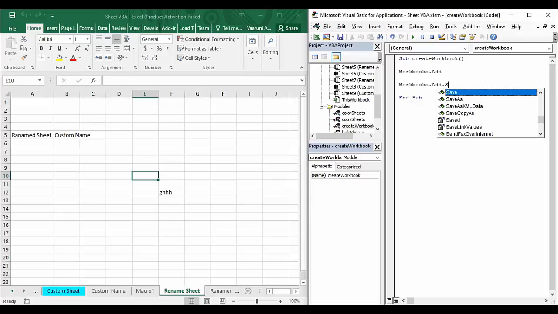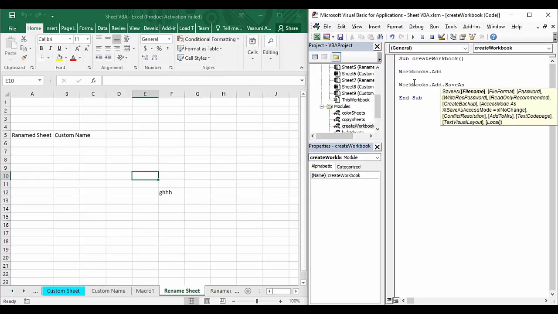So let's use the SaveAs option. SaveAs is what we are going to use, not the Save option. Then you need to put a space. Once you put a space, you can see that there is a syntax that Visual Basic has given you, and using this syntax you can easily find out the bunch of things which you can provide,